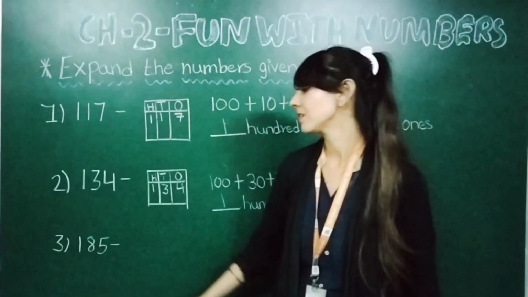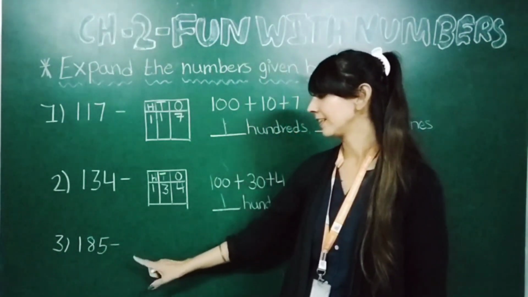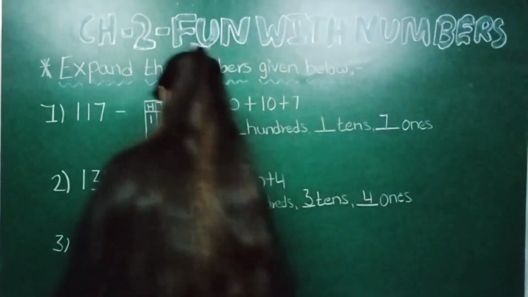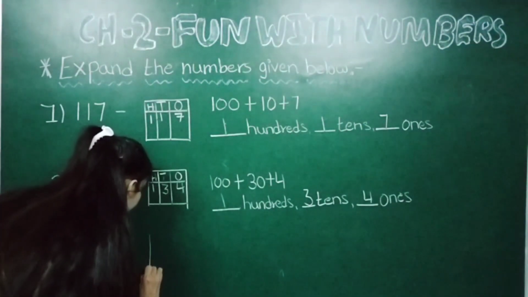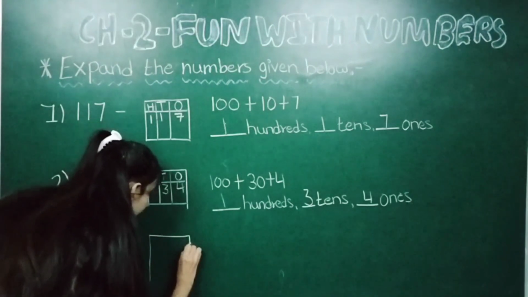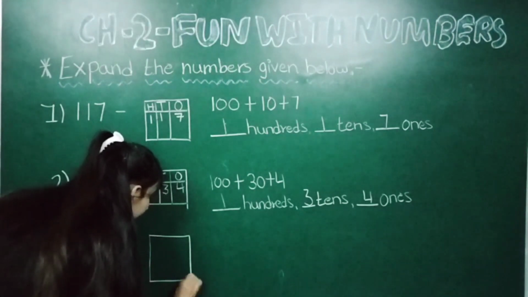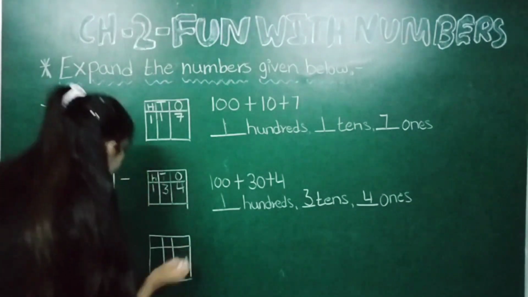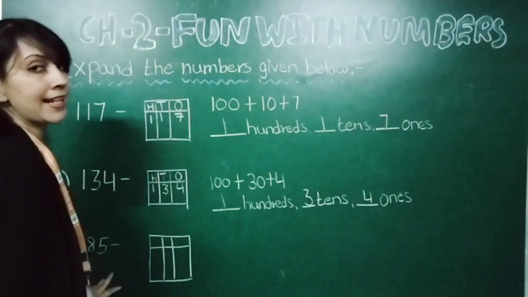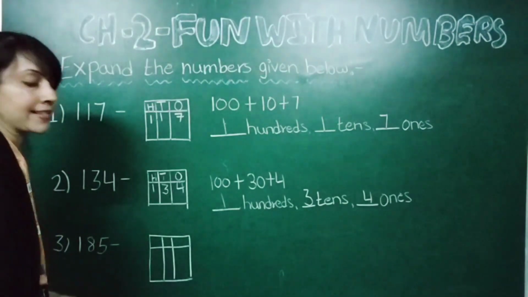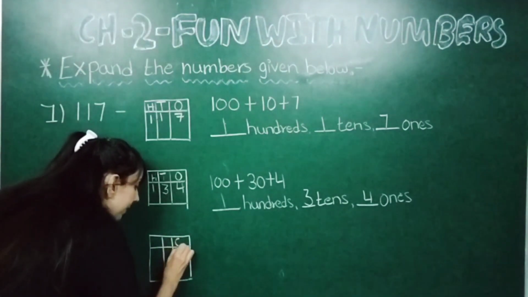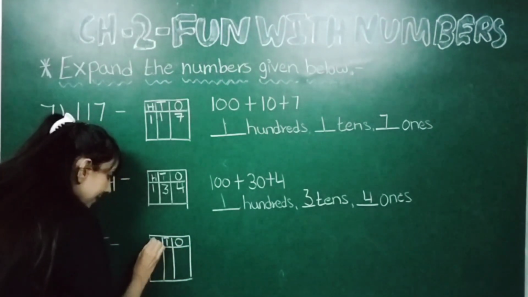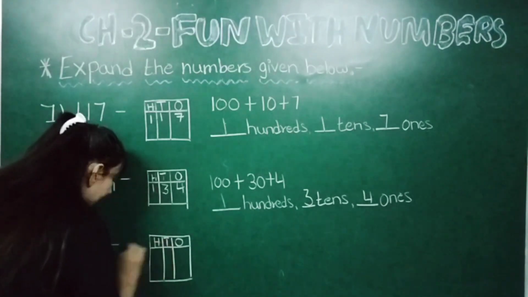Now which number is written? 185. Now let's do it. So again we will make the columns. See students, now here you can see 5, that comes in ones place. So here first of all we will write O, then T in this column, and then in this column H. Now 5 comes in